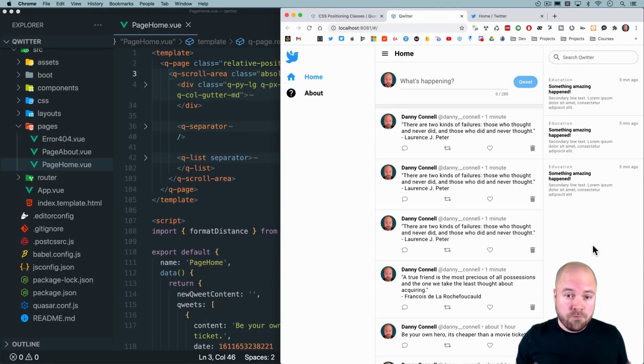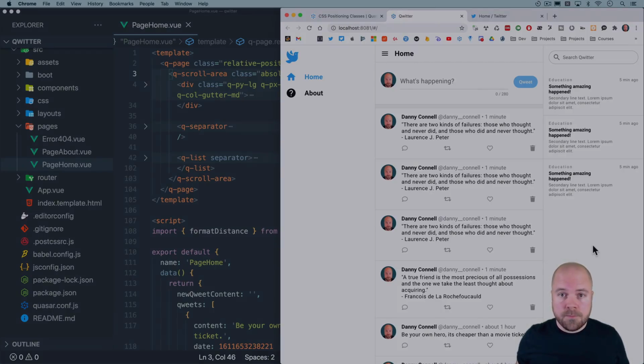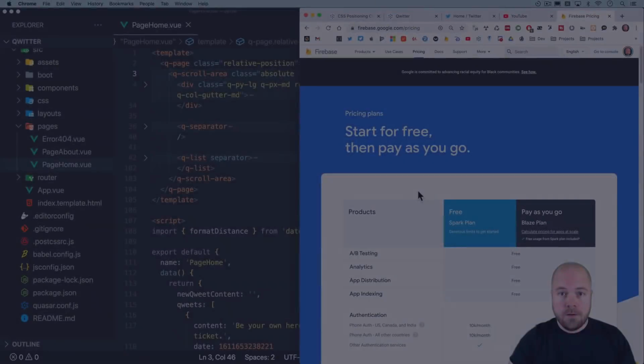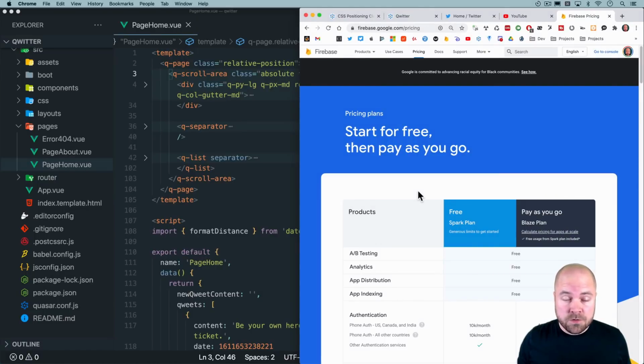Let's set up a simple real-time backend for our app using a Firebase Cloud Firestore database. Let's set up a Firebase Cloud Firestore database to store all of our tweet data and give us real-time data sync across all of our devices. And everything we're going to be using here from Firebase is going to be free for reasonable amounts of use. But just bear in mind that if you create an app with a Firebase database and millions of people download it, then you will be expected to start paying. So you might want to check out the pricing page at